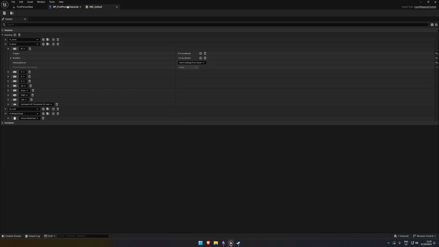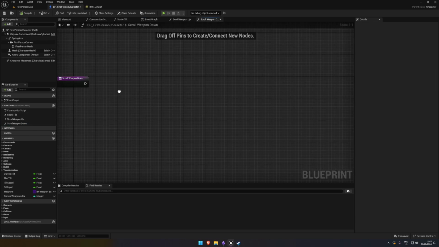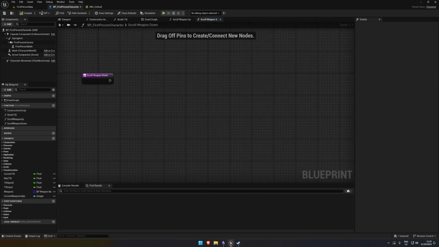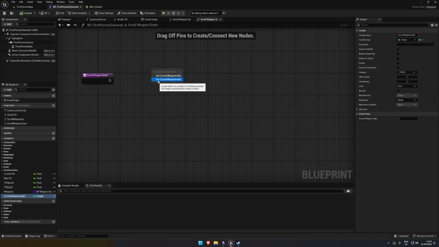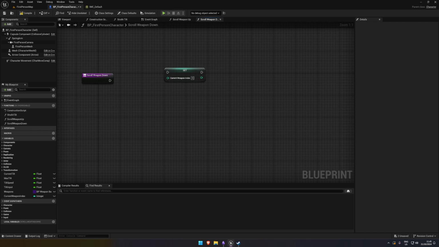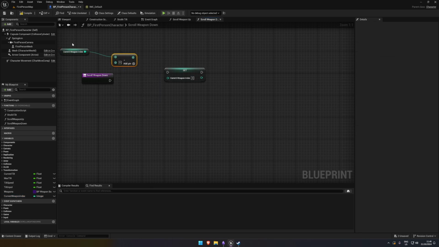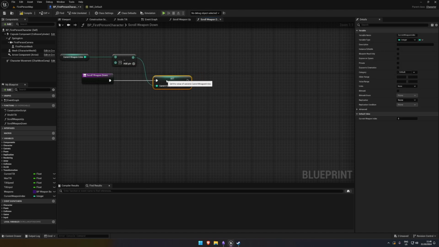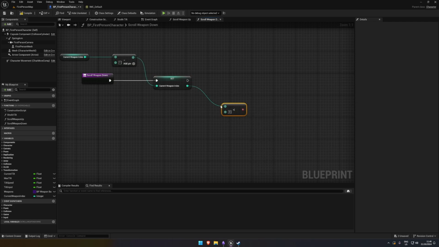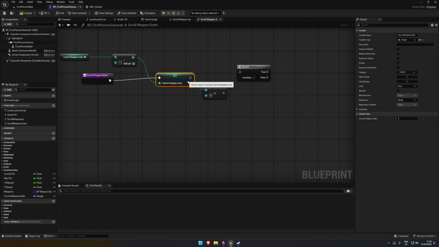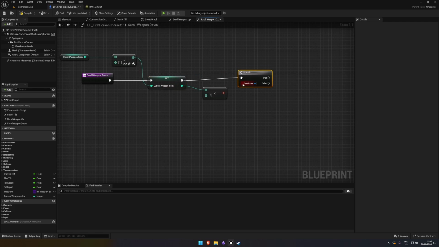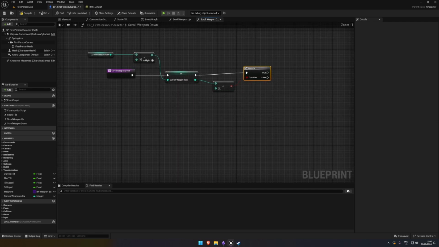So if I now do the scroll weapon down, scroll weapon down is basically the same, just in reverse. So the current weapon index, we're going to set. We're going to get the current weapon index, and we're going to minus 1. We're going to check if it's less than 0. We're going to branch. If it is less than 0,